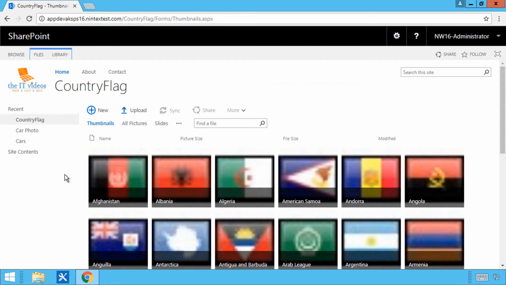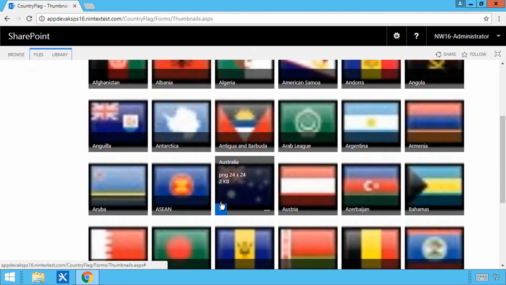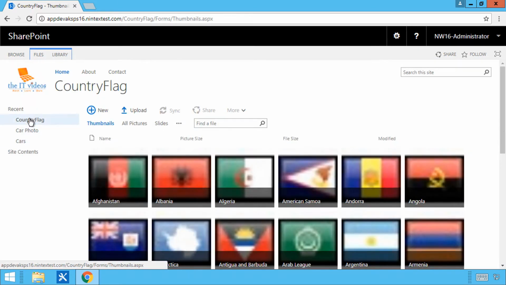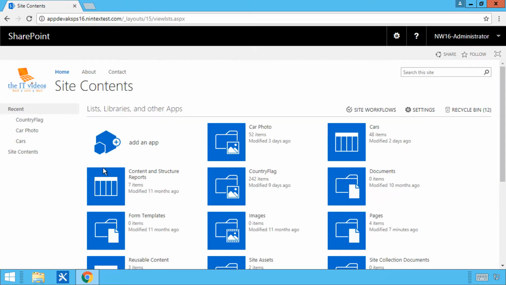So in the search results, we have got the photo of the car, and then on the right hand side we have got the information, and we have the information that displays the car origin. All the flags are stored here in the country flag document library. Let me go back to the site content, and the last thing that we have here is the cars SharePoint